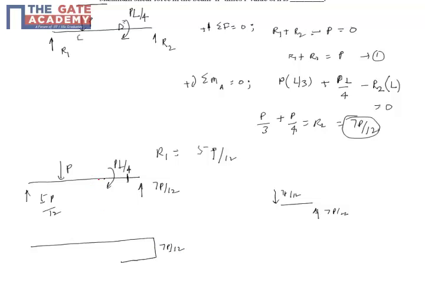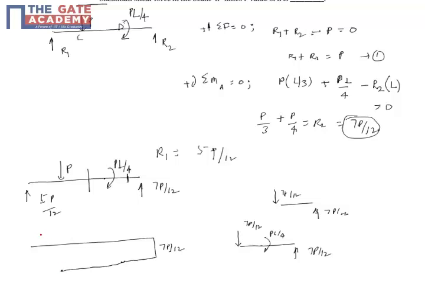Now you have a moment here, so that's okay. We will take a section again here and balance the right side. If you take a section to the left of the moment, you have a couple here, PL by 4, and a reaction 7P by 12. By force balance, the internal resistance, which is the internal shear force, is again 7P by 12 if you vertically balance it. So basically the concentrated moment does not change anything on the shear force diagram. It will continue to act here till point P.